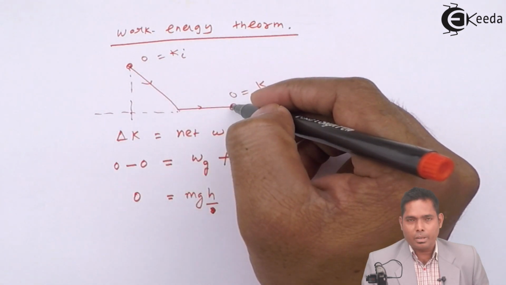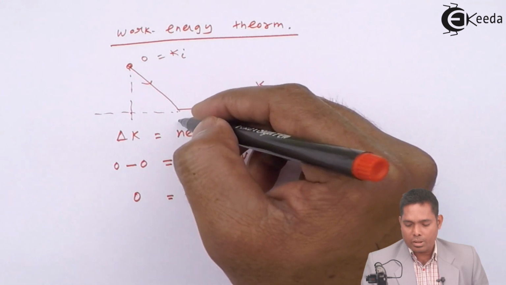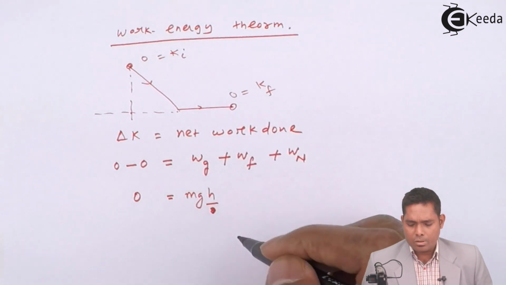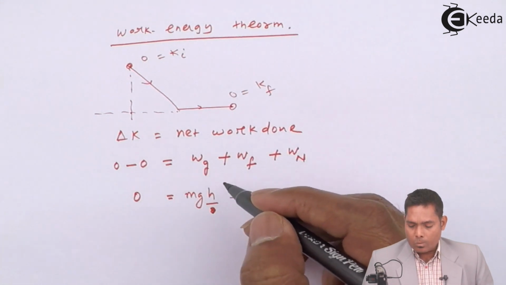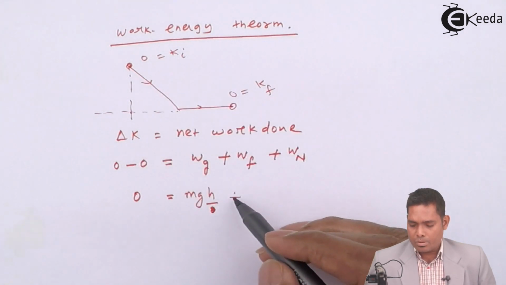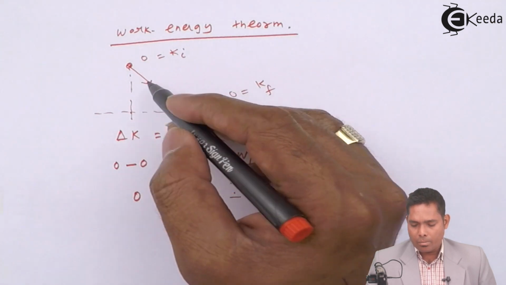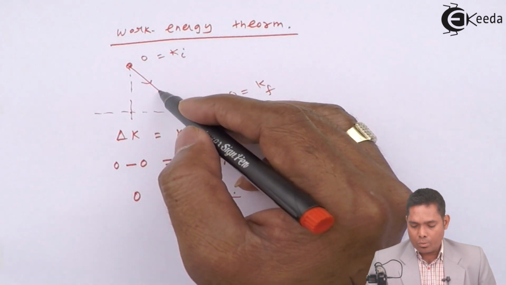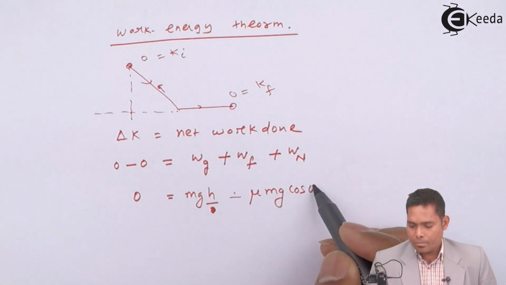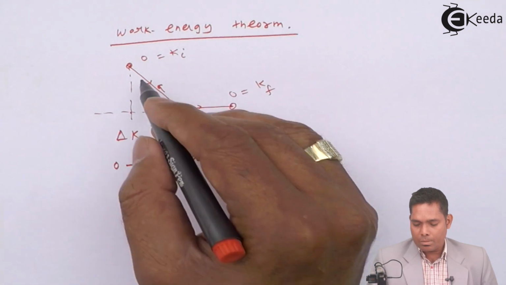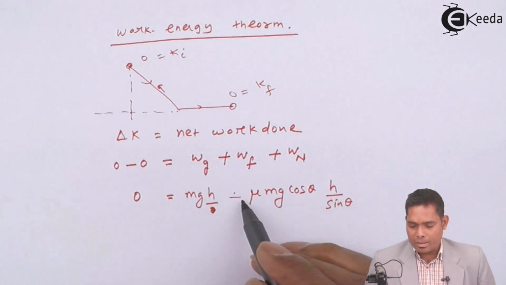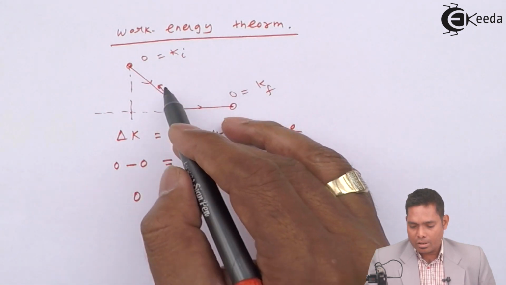From here to here, the work done by gravitational force is 0, because force is downward and the displacement is in the forward direction. So this angle is 90. So only this work is the work done by gravitational force. Now plus work done by friction. Friction is negative, so it is minus. And minus of what? You can see here the force of friction we already calculated, that is mu mg cos theta, into this displacement, which we already calculated as h by sin theta. This is minus because the displacement is in this direction